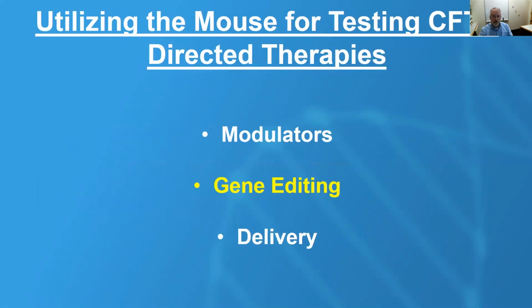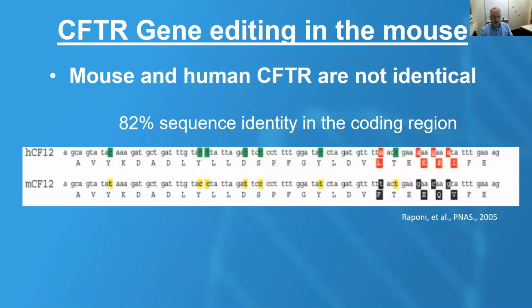The next topic for utilizing the mouse as testing CFTR-directed therapies is gene editing. Remember, I mentioned that there is 82% sequence identity in the coding region of CFTR. Shown here is just exon 12 of human CFTR at the top and mouse CFTR exon 12 at the bottom. As you can see, the green and yellow changes are nucleotide base changes that are different but do not lead to amino acid changes, while the red and black base changes do lead to amino acid differences. As you can see, even these 11 differences would complicate things when trying to compare gene editing of human CFTR